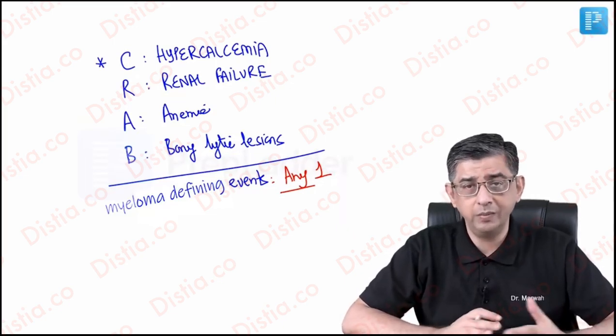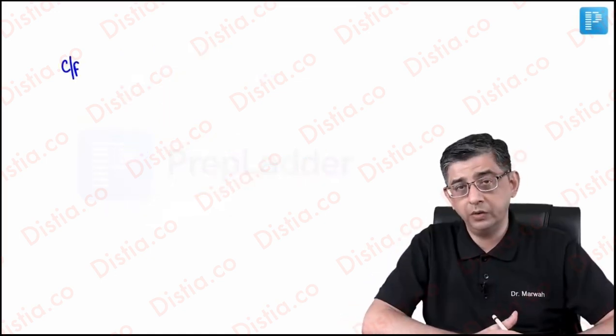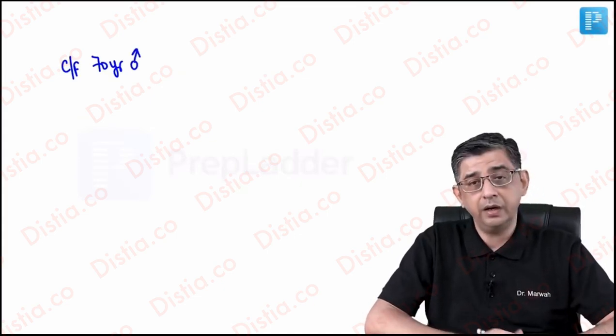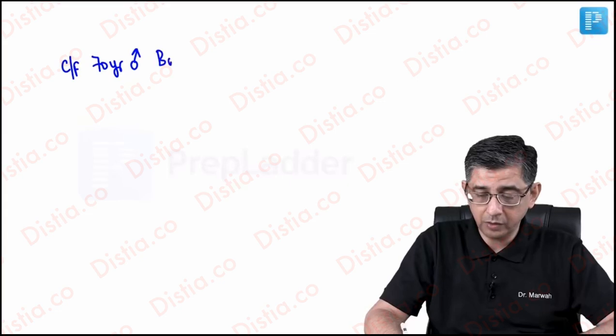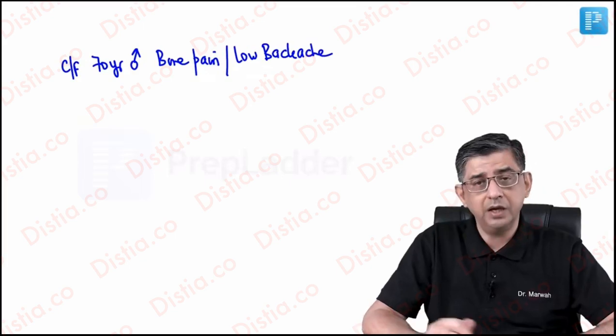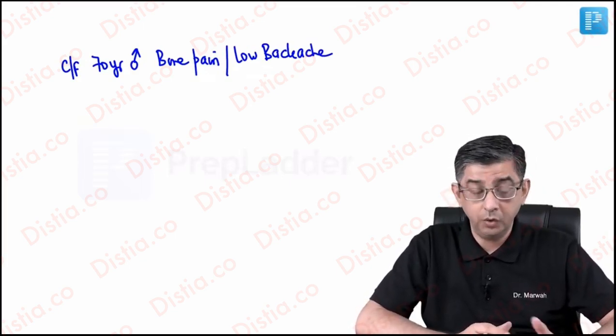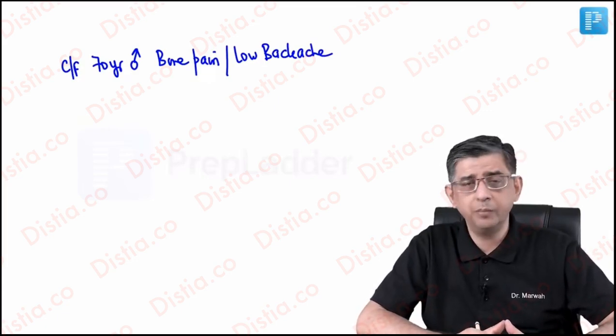And now let's look at the timeline of how the features will evolve over time in the case. Now coming to the timeline, I am here describing a 70-year-old person, and he has come to me with complaints of bone pain, and this would be primarily because of the low backache that he's enduring for a while. He has been taking painkillers for it. He has already shown to an orthopedic surgeon. He has already been to 2 or 3 doctors before he has, let me say, come to me,